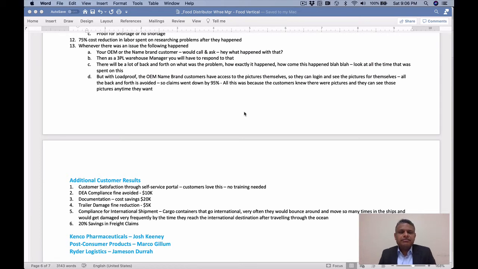So you can do all that. When you do all that, you're proactively managing. So 70% cost reduction in labor managing problems after they happen. And whenever there was an issue, right, if you're